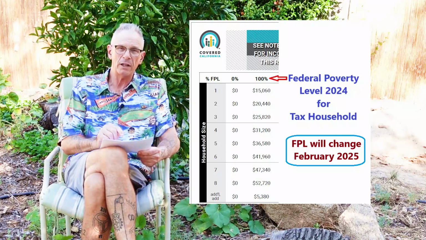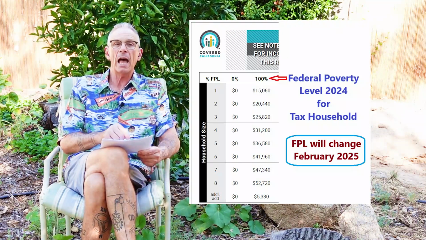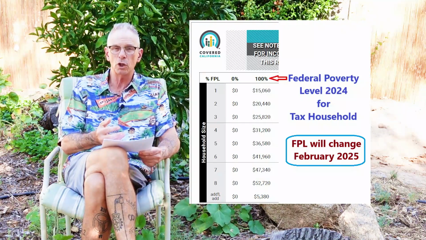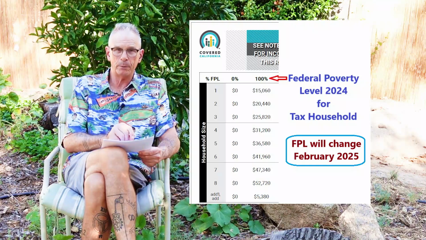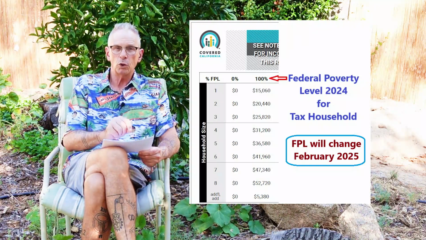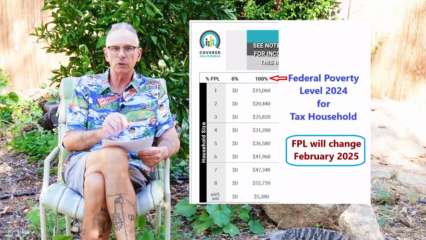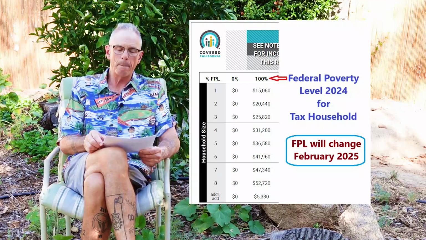That federal poverty level will change in 2025, and Covered California will issue a new income table, and that's what creates a lot of confusion. But when the federal poverty level goes up for 2025, it will only affect those programs that pertain to